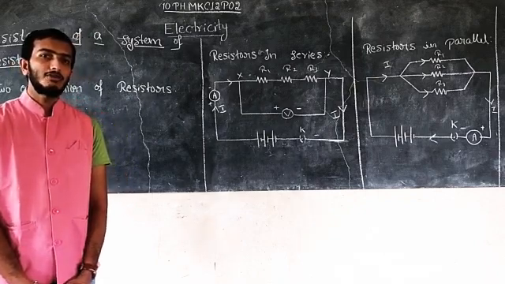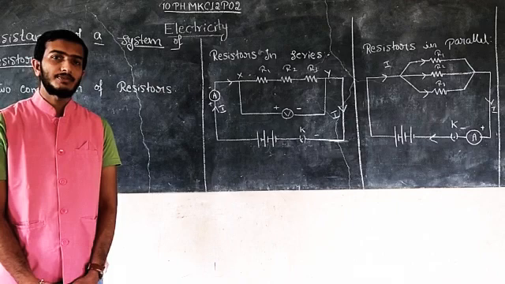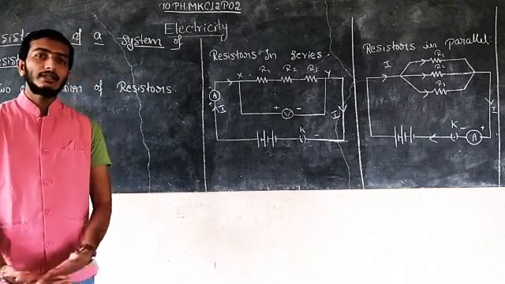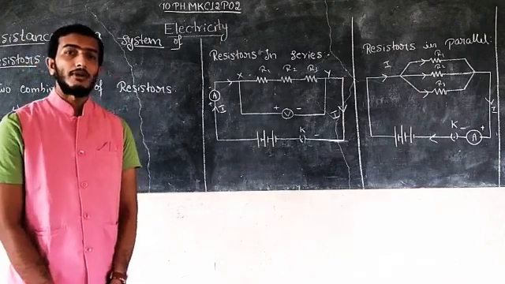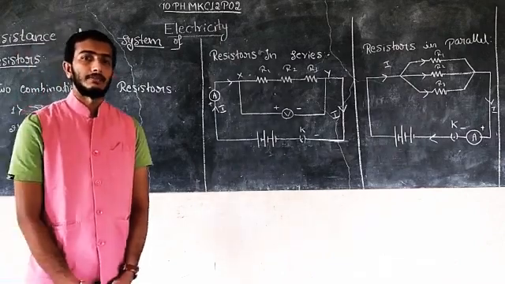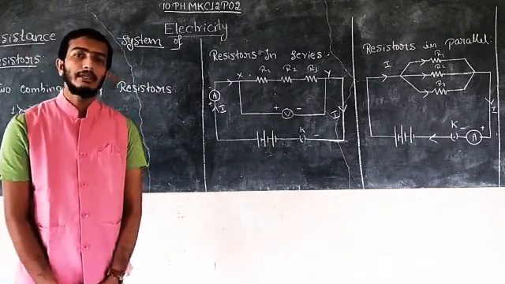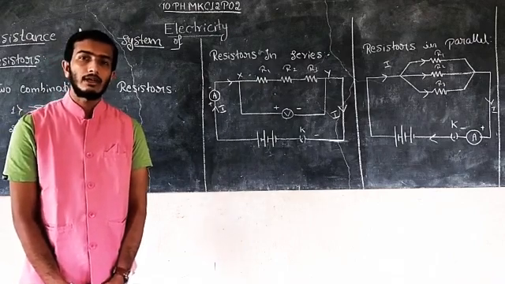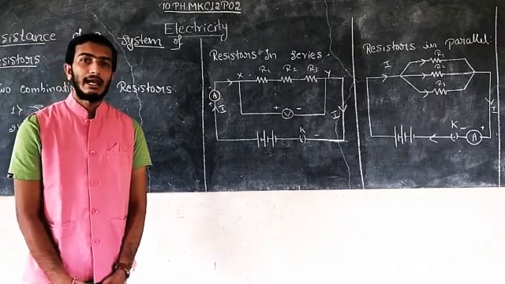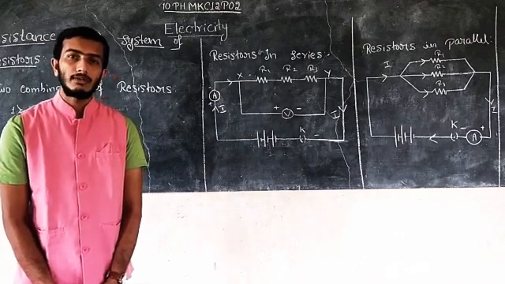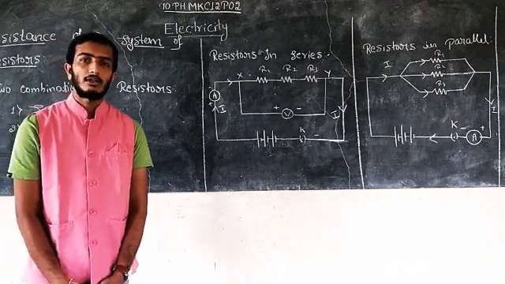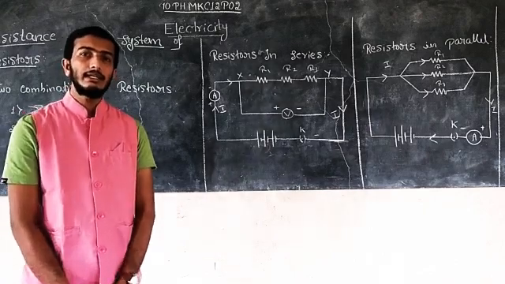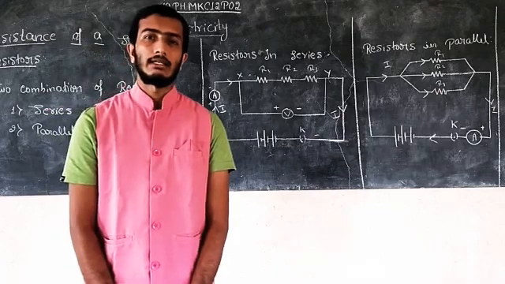Correct. The expression for Ohm's law is V equals I into R. After that, we discussed the factors a conductor depends on. They are classified into three different factors. The first one is the length of the given wire, then the area of cross section of the given wire, and the nature of the material. These are the three different factors of a conductor.